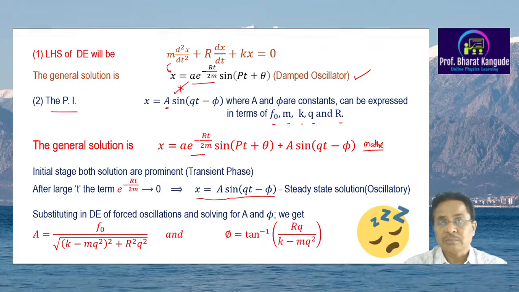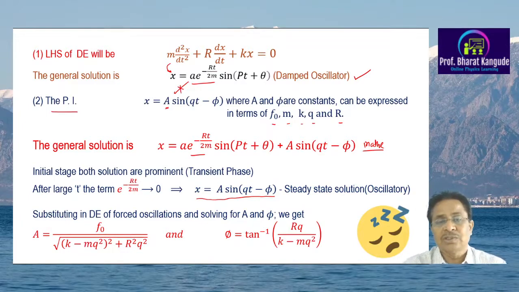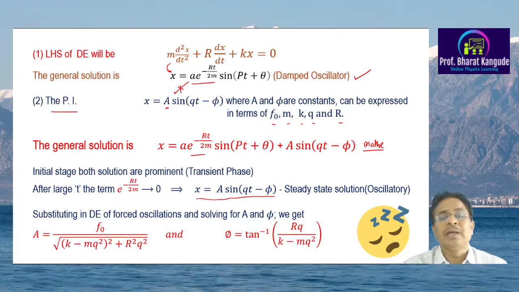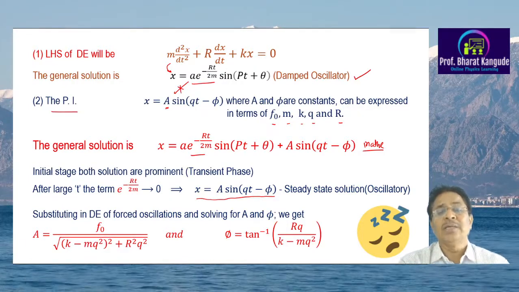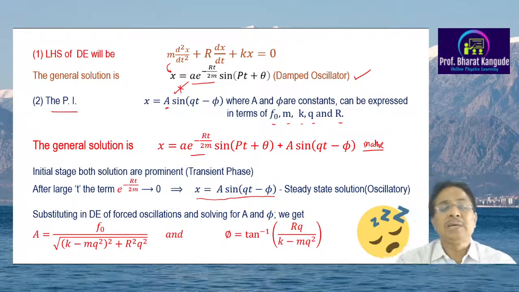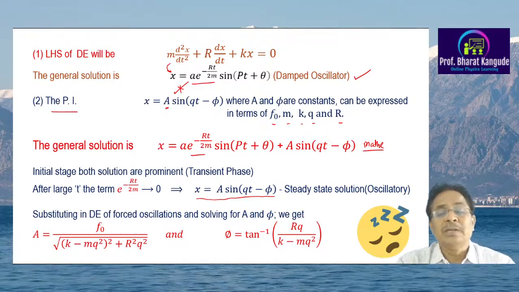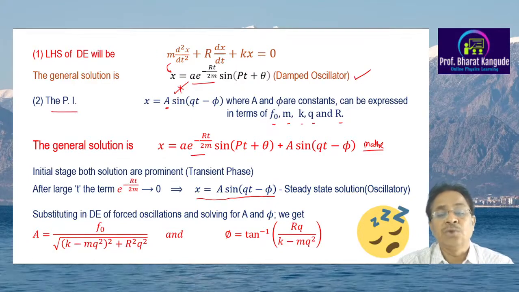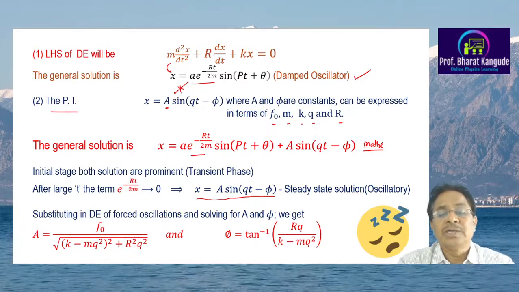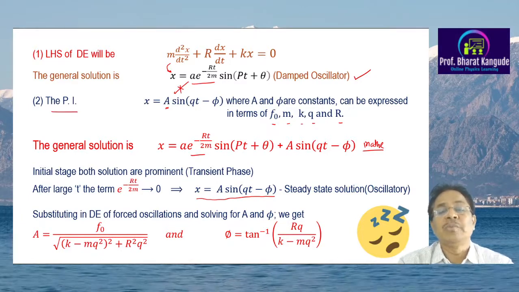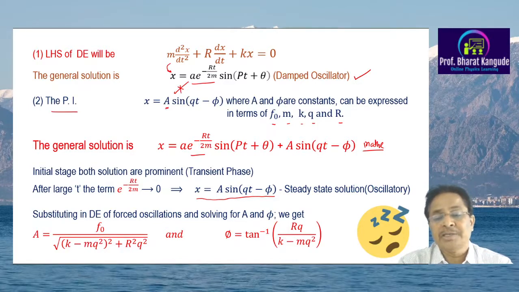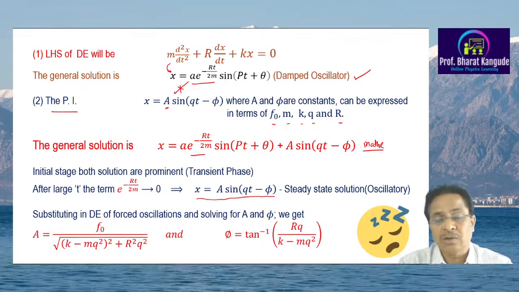So try to understand. In chapter 1 we had a different solution, in chapter 2 we had a different solution, and in chapter 3 we have different solutions. Getting this solution is the part of mathematicians, and applying this mathematics to such a physics problem is what we have done here. So straight away we are discarding the first term in the solution. We are sticking with the second part of the solution, which is A times sine of qt minus phi.